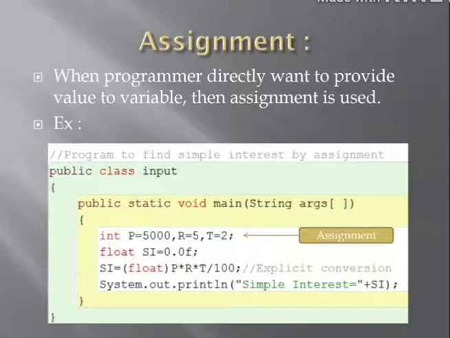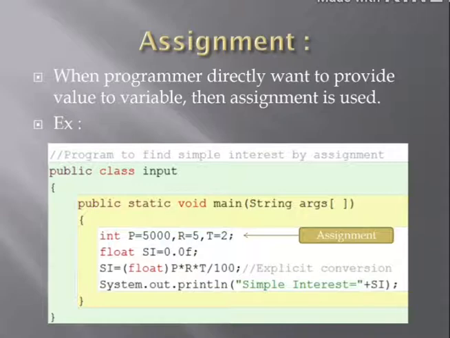This technique is known as assignment, when we know what we have to provide as input. And then what is the output? We don't know. That's why I wrote float si equals 0.0, which is initialization. What is it? Initialization.